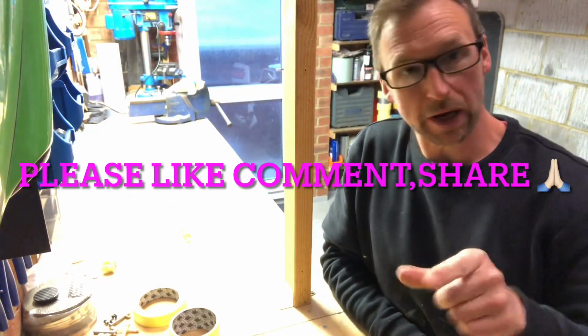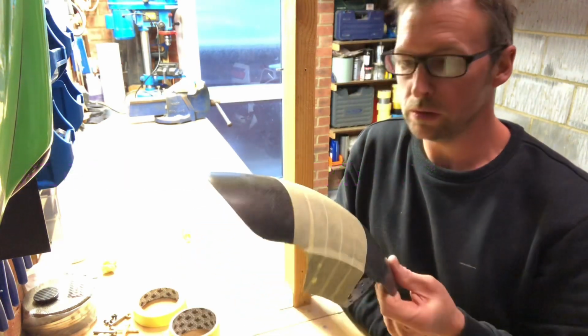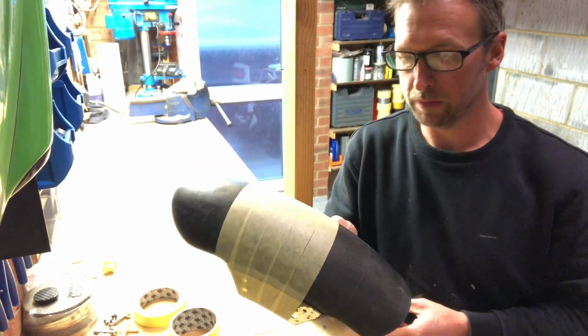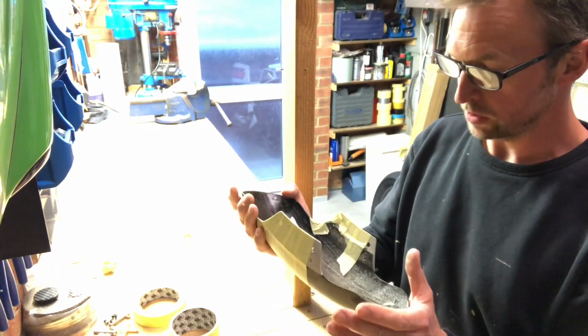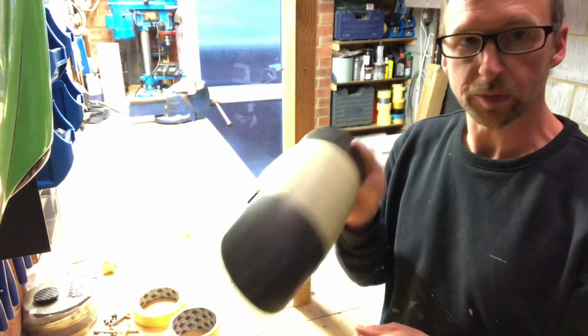We are back in the garage today. I am going to do a new mudguard for the BM. So this mudguard is actually off my little Yamaha XS 400. It does fit the BM,